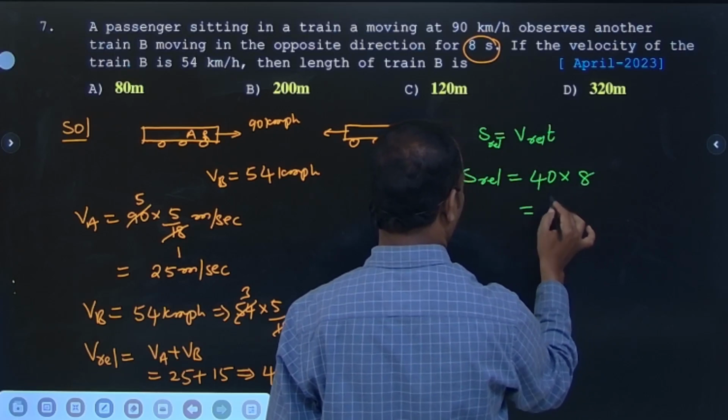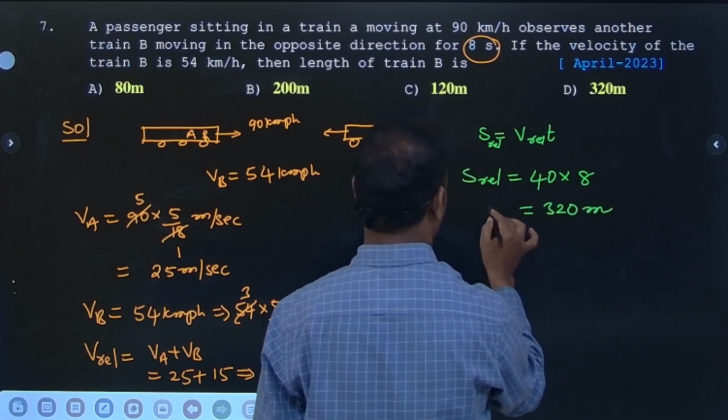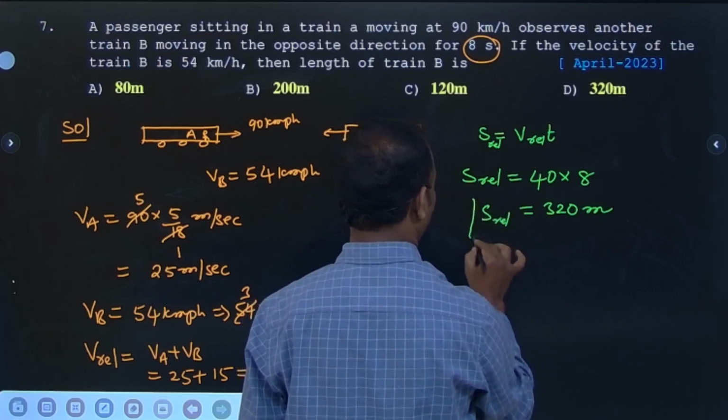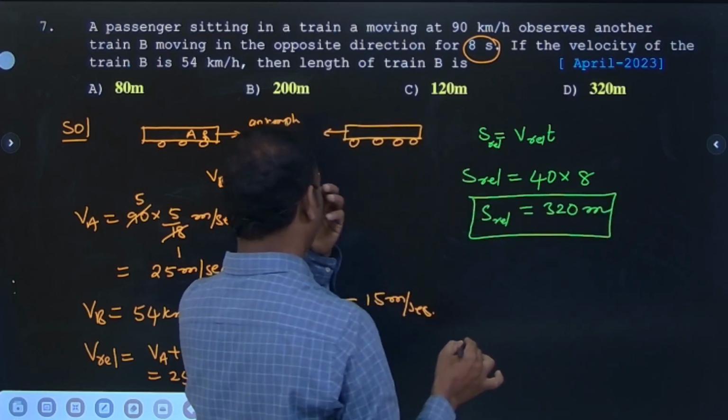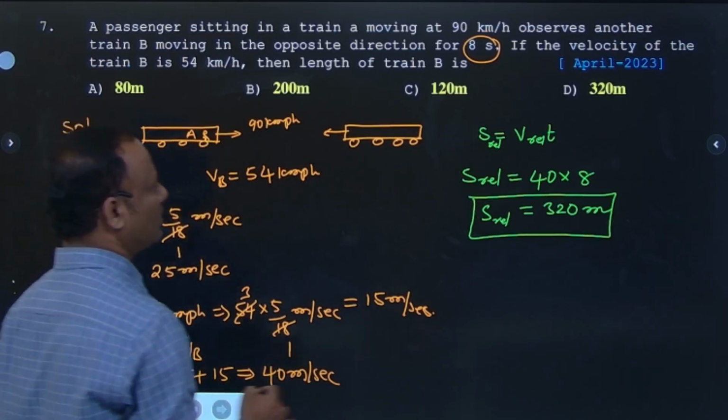So 8 fours are 32, 320 meter is the distance traveled by train B as observed by the person sitting in train A. So the answer is